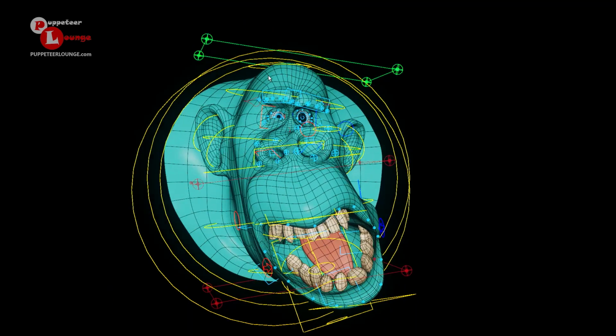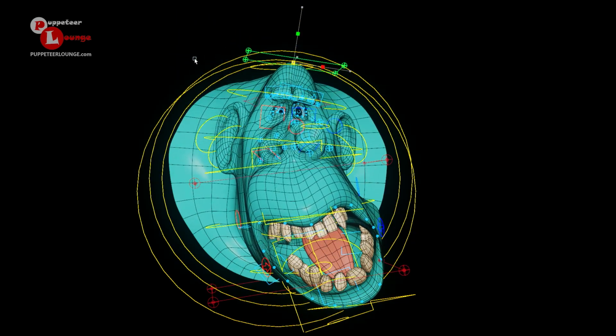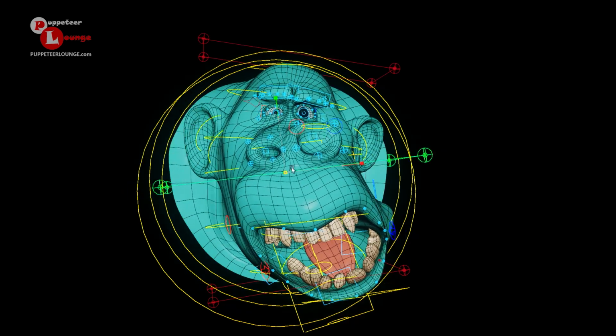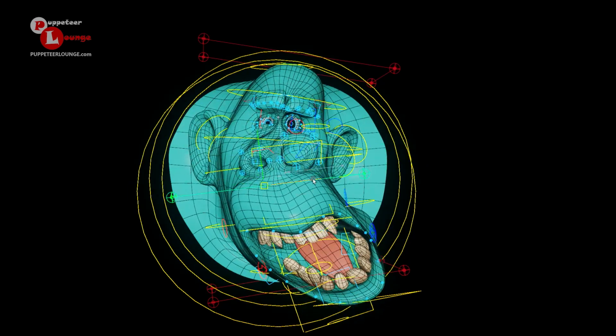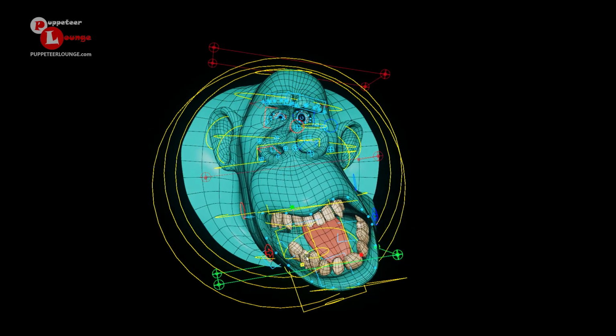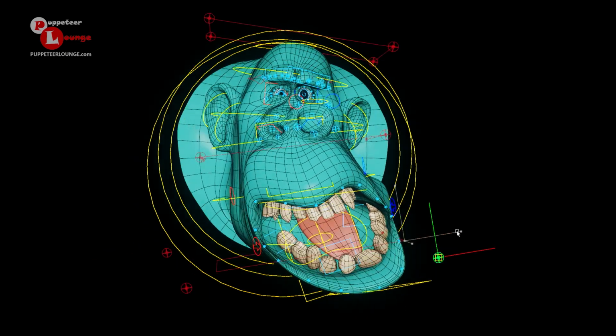And then we have these master smear controls. They give us the ability to smear the upper head. We can scale it. Do the same thing for the midsection. Do the same thing for the lower section. If you want to exaggerate this even further, you can go ahead and scale it up. You can individually move these components.